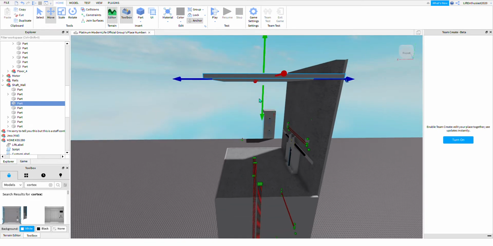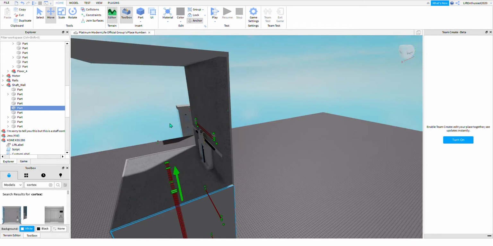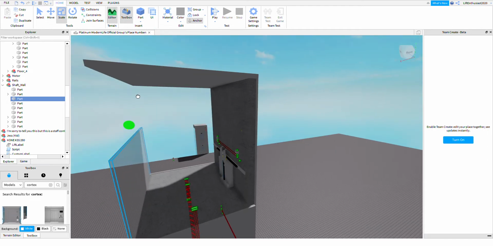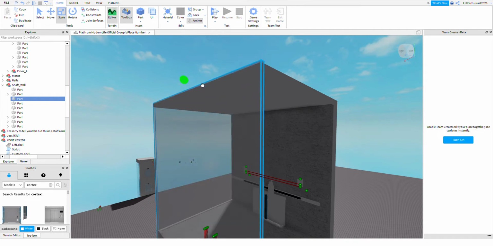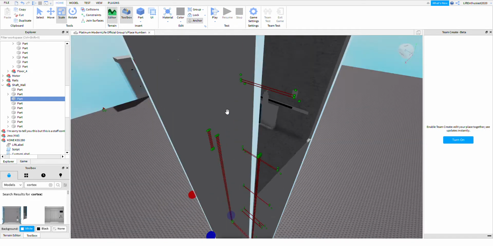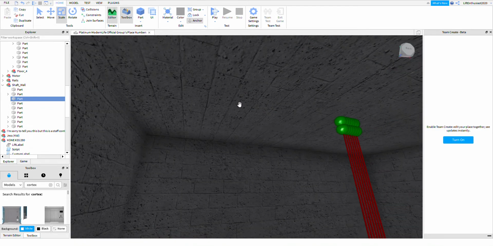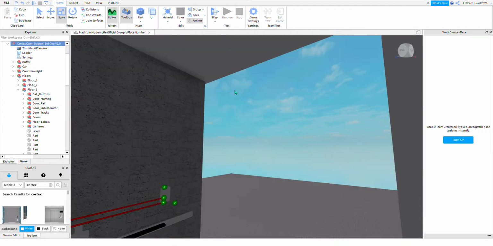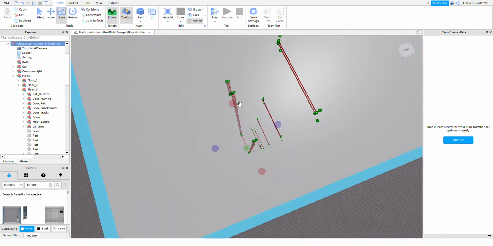What you do, remove this piece up here, which is the roof. Make sure you highlighted this piece, and move it up there. And then you move these walls here. Now these brick walls here don't actually affect the performance. But the top ceiling bit will. If you don't bother changing the bricks, then it's fine.